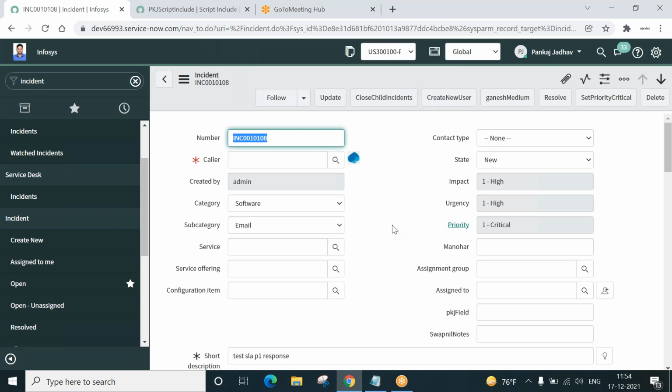Correct? Sometimes in the organization, you will have to implement this because if I work as a support staff, okay, if I create an incident and I specify the short description, whenever I open any incident, I may have to find how many such incidents have been raised in the system that have